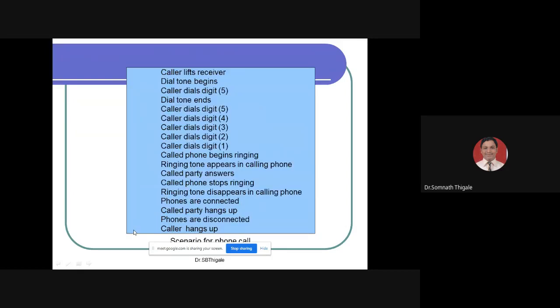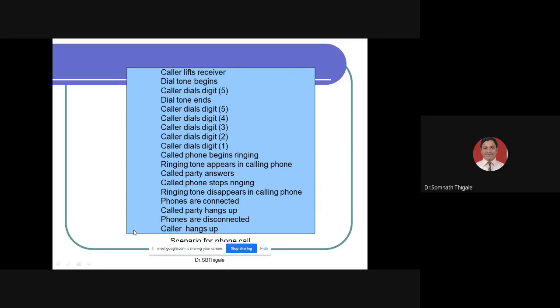Yesterday I gave one simple example to understand the concept of scenarios. If you remember how to make a phone call, I have represented it. So, simply consider this one. Caller lifts the receiver, dial tone begins, caller dials digits, dial tone ends, caller dials digits.